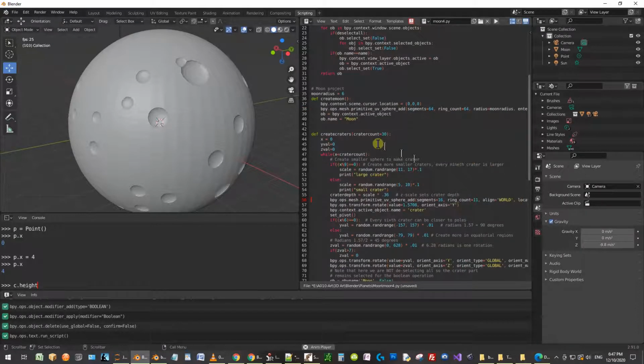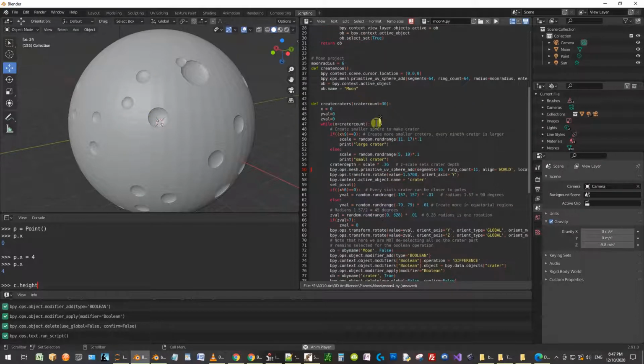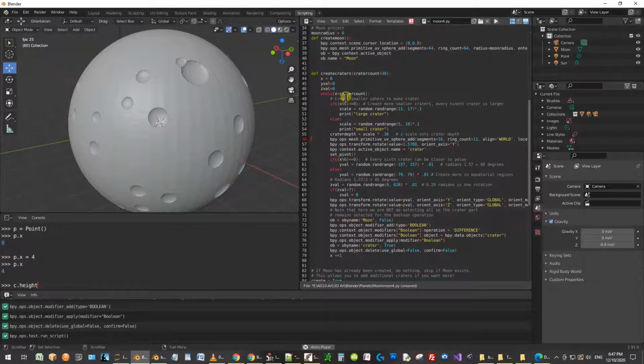This function is the part that creates the craters. Crater count, x starts out at 0, and crater count is however many craters you want to create. By using modulus, I'm able to control whether I'm creating large craters or whether I'm creating small craters. So every time the modulus, the way modulus works, by the way, is,